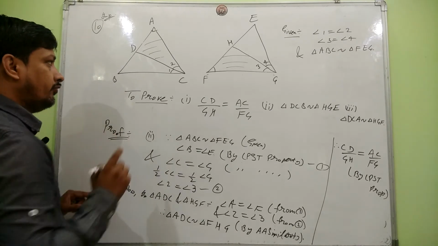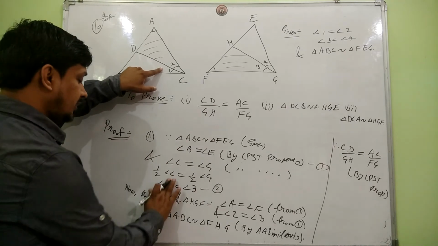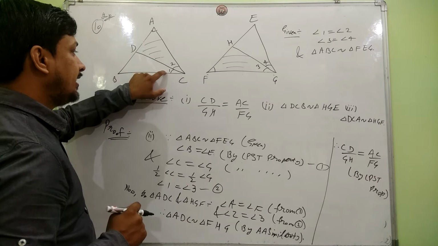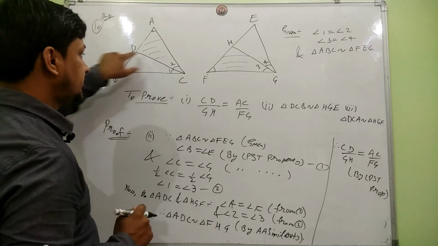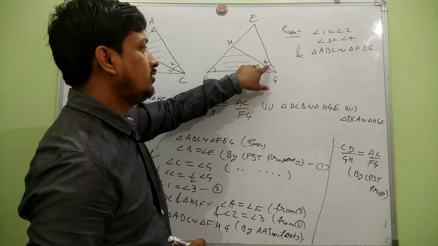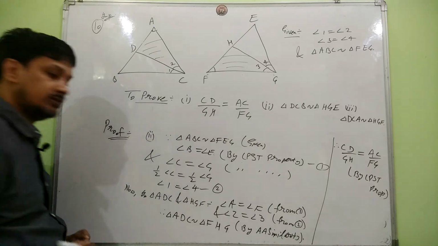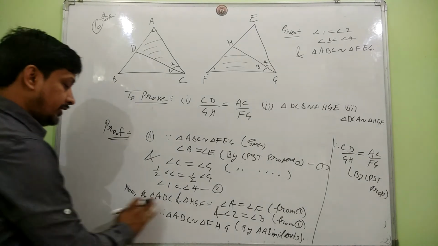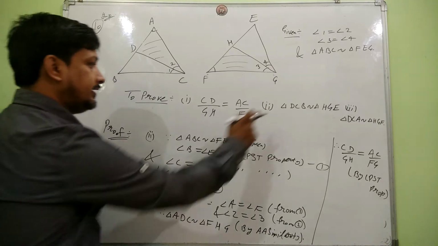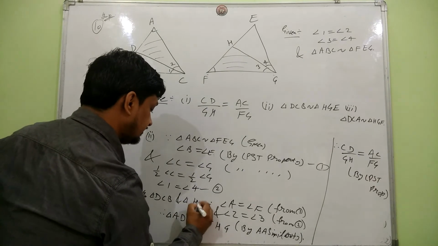So now we need angle 1, not angle 2. So half of angle C we can write as angle 1, because this time we need angle 1, and angle 1 is in this unshaded triangle. And here we need half of angle G to be angle 4 and not angle 3, so we will write angle 4. Same thing. So now we will start to introduce triangle DCB and triangle HGE.